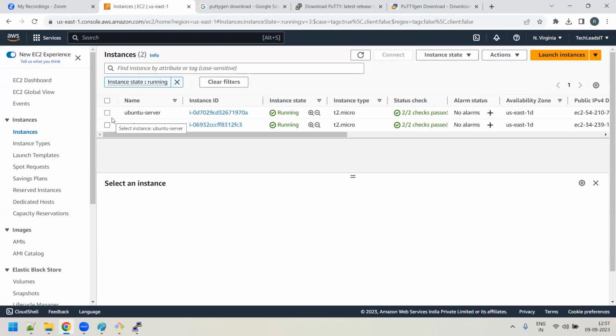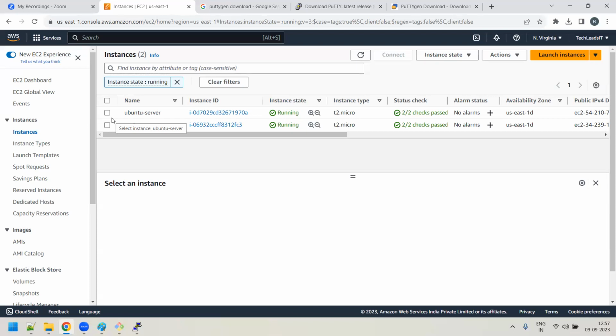Suppose you want to completely understand everything about the Linux concepts, right? It is always better to have one virtual machine. So if you have installed some third-party software, like for example Sun VirtualBox or VMware Workstation, and on top of that you are installing the VMs, you will get better control of your operating system. You can even understand the boot process. Once the machine is switched on, what activities take place, how it gets booted up. So many things you'll get to know. What are run levels? How can I reboot the machine? How can I get the BIOS prompt and everything? You will get full control if you have your own local VM in your system or in your laptop.